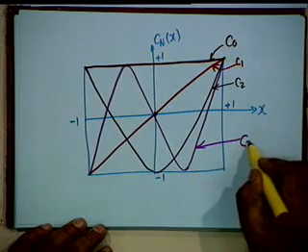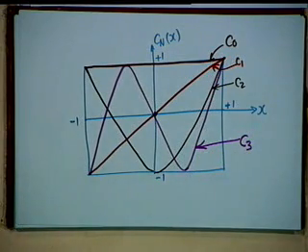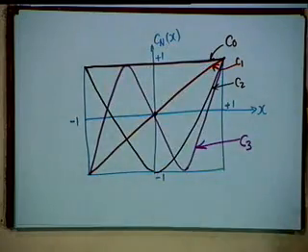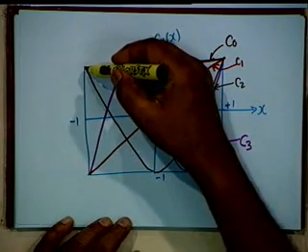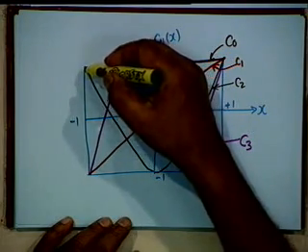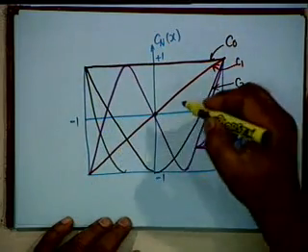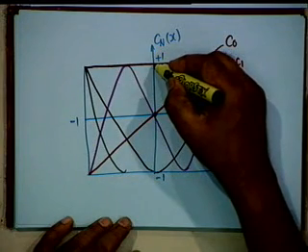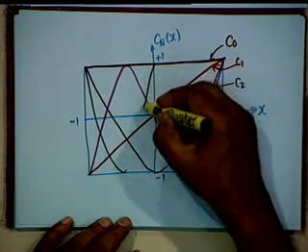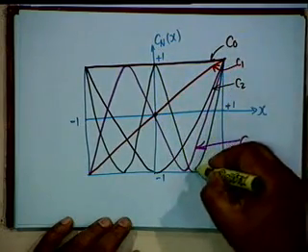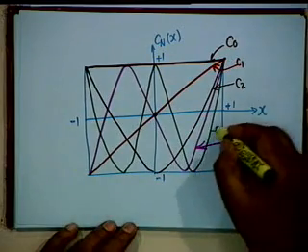This is C3. C4 starts from plus 1, and I've run out of color. No, I have one more. It starts from plus 1, sure? 8x^4 minus 8x^2 plus 1. So it goes like this, then at x equal to 0 it is plus 1, so it goes like this and then comes like this. Okay, the green one is C4.